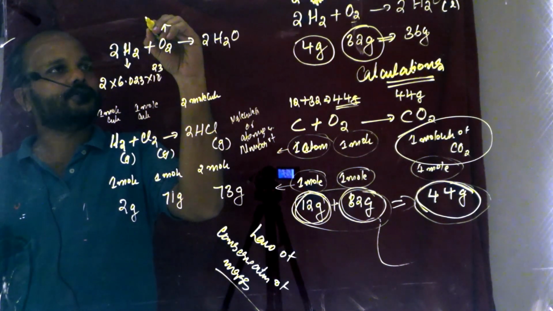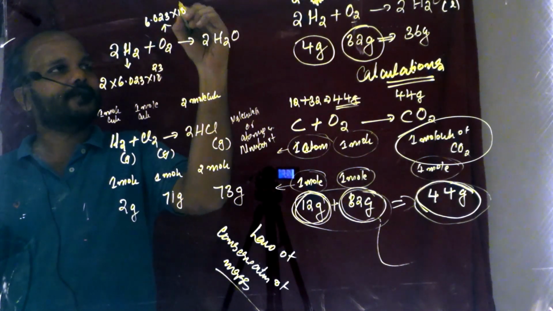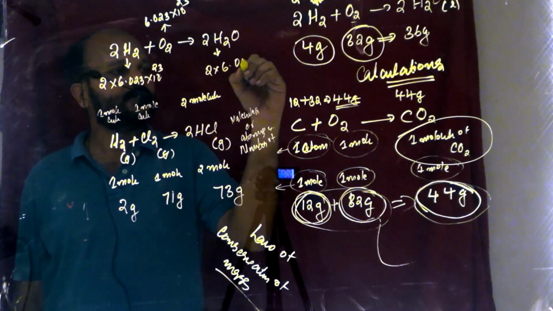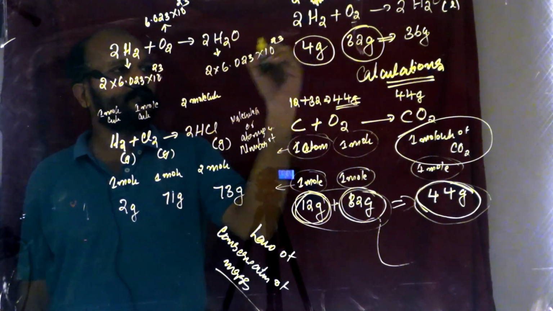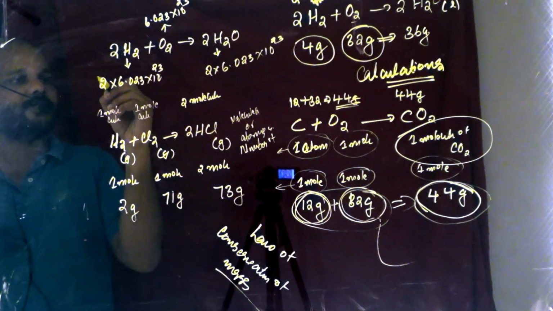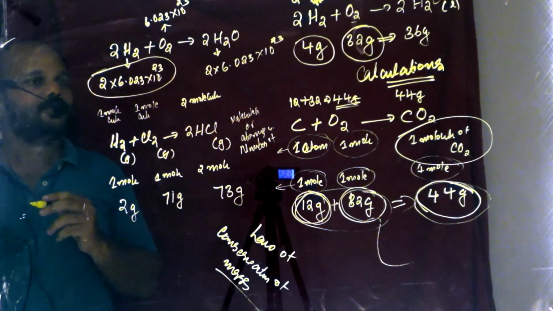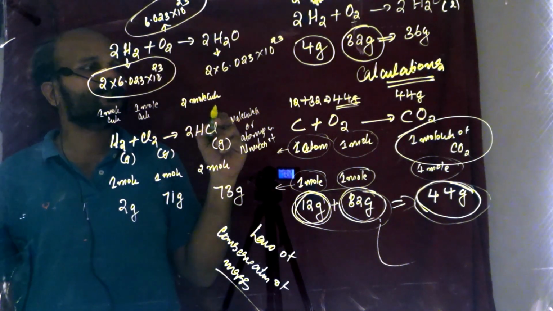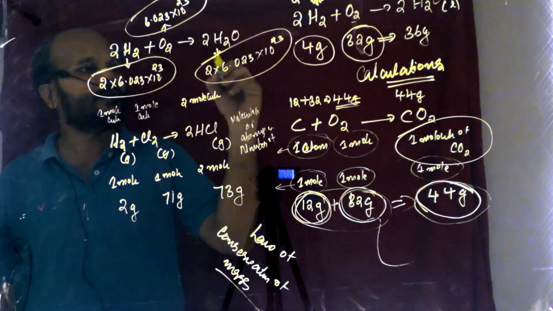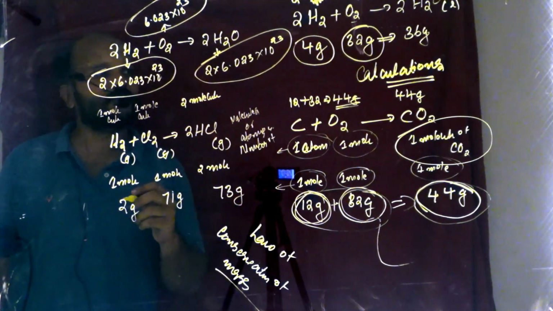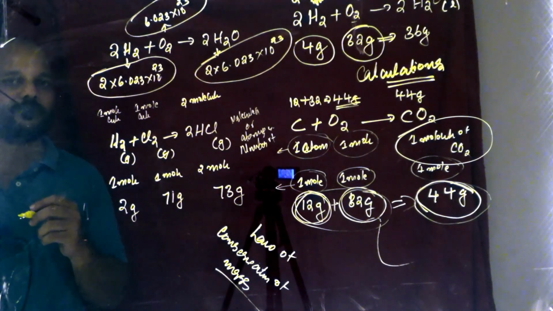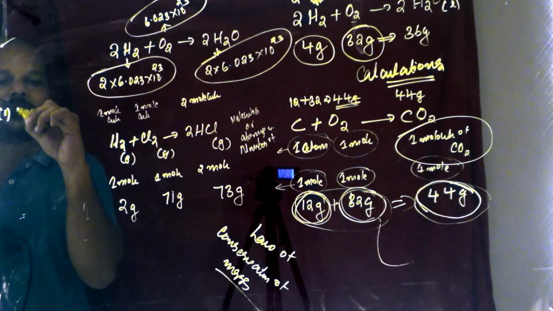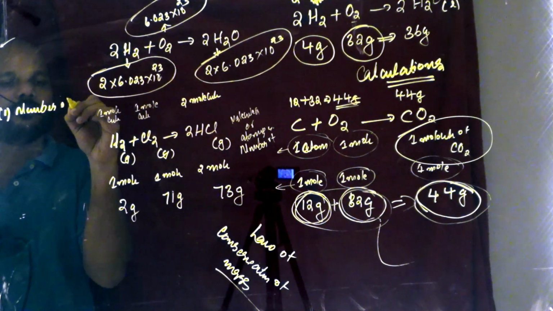Here actually 1 mole, so 6.023 into 10 raised to 23 number of particles will be there. Actually here it is 2 into 6.023 into 10 raised to 23 number of particles. So if you are taking this reaction, it is supposed to have 2 Avogadro's number of particles. Here it is going to have 6.023 into 10 raised to 23 particles, and here it is going to have 2 into 6.023 into 10 raised to 23 water molecules. So from a particular chemical equation, you can derive the number of moles, how many reactants are supposed to be there,